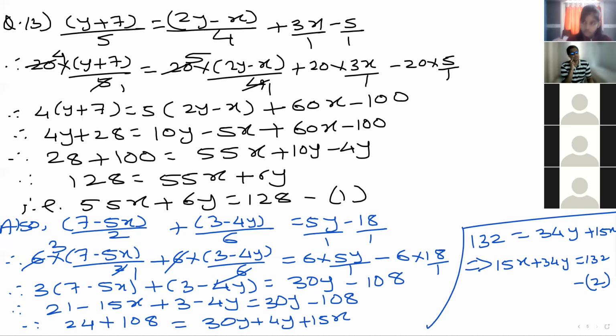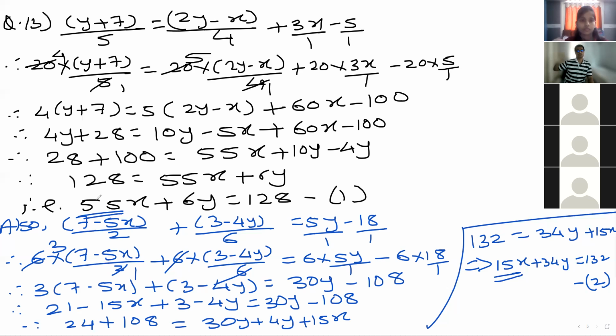How will you equate the coefficient, and which coefficient should be equated? Which one will be easier? 6y. Oh, okay. I think, see here, if we equate x, here we have 15, here we have 55. 55 threes are 165 and 15 11s are 165. So I think that will be much easier. Do you agree?